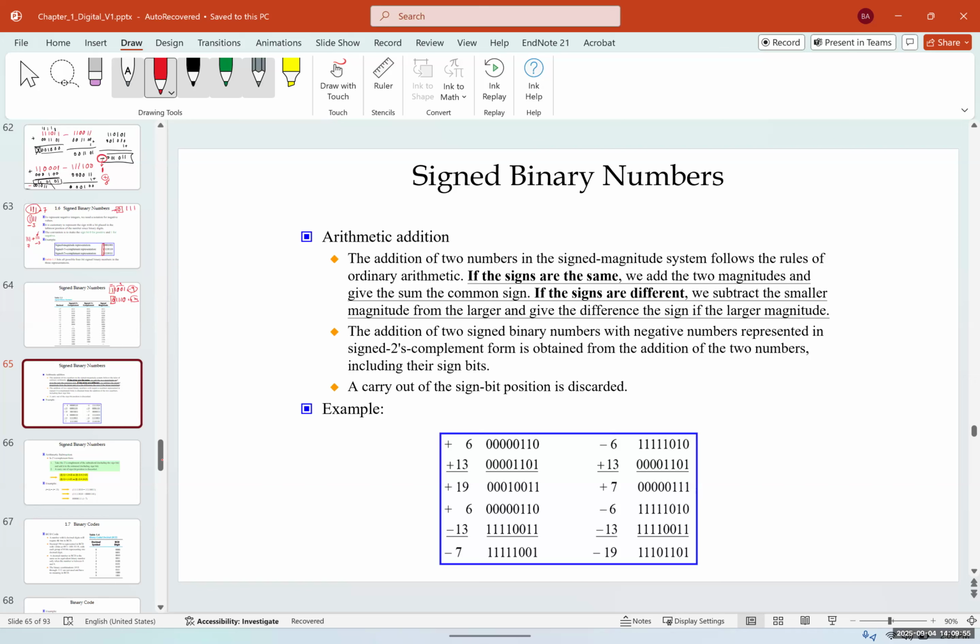The addition of two signed binary numbers with negative numbers represented in the signed 2's complement form is obtained from the addition of the two numbers, including their sign bits. A carryout of the sign bit position is discarded. So these are some examples. If we want to add +6 to +13, we can simply add them, and the result obviously is +19. Now, if I want to add -6 to +13,